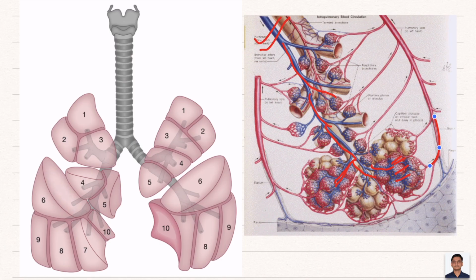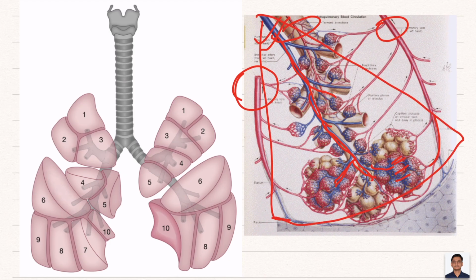And this unique arrangement of this tertiary bronchus, this pulmonary artery and these pulmonary veins makes this structure a functional unit of lung with apex towards the hilum of the lung and the base towards the pleural surface. And this makes it a clinically and surgically independent unit for the separation during the surgery.